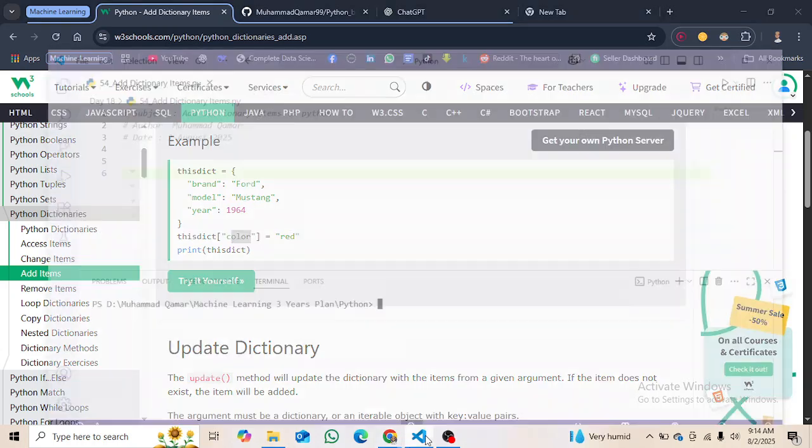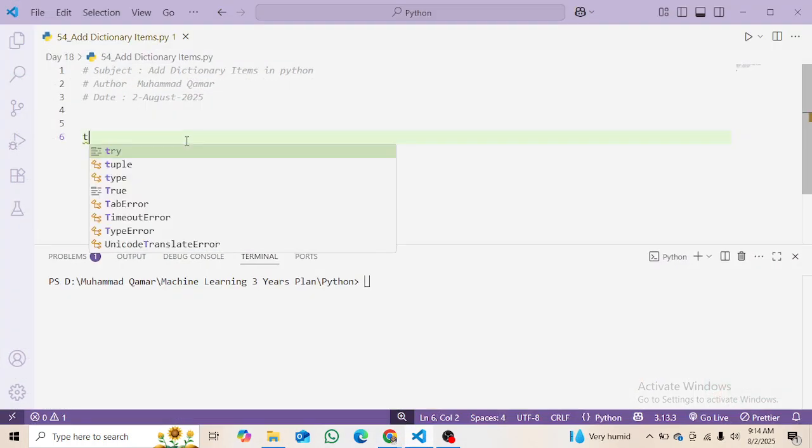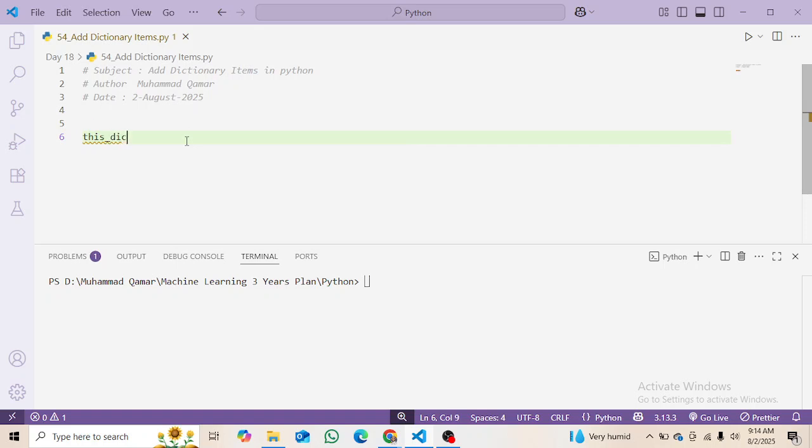Okay, first of all, let's make a new dictionary. I am going to name it this_dict, then assign it a dictionary. And you know how we make the dictionary. First of all, we use the curly brackets, then we use the key. On the left side of the colon we use the key, and on the right side we use its value, which is here Muhammad Qamar. Okay,